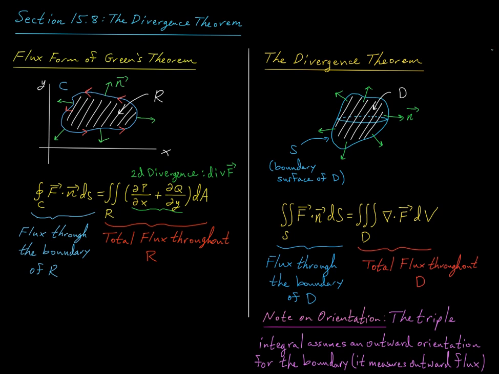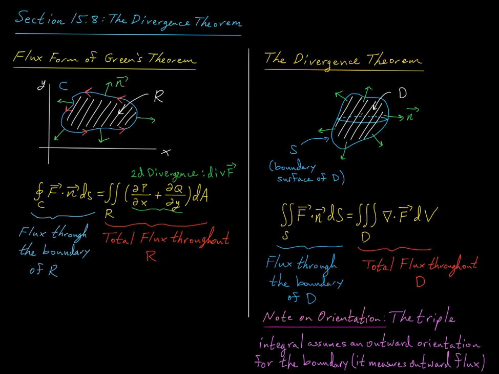Now let's turn to the divergence theorem. Here we have a three-dimensional solid D in R3, and its boundary S is a closed two-dimensional surface in R3. The divergence theorem says that the total flux of a vector field throughout the solid D is equal to the flux of the vector field through the boundary of that solid. It's essentially the same statement as the flux form of Green's theorem, it's just that we're bumping things up in dimension. And here we have the three-dimensional divergence of the three-dimensional vector field F,